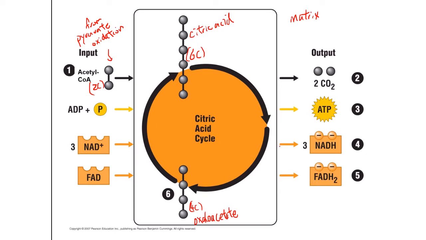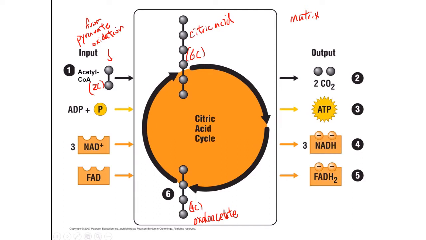Just to refresh your memory, both NAD+ and FAD are energy carriers. They capture high energy electrons and take them to the ETC, the electron transport chain, to generate ATP. The difference between NAD+ and FAD is that NAD+ is able to capture more energy compared to FAD. So later on you will see each NADH molecule will be able to create more ATP compared to each